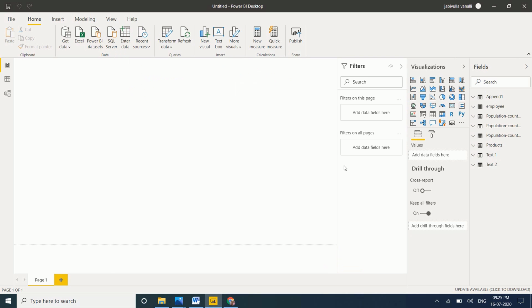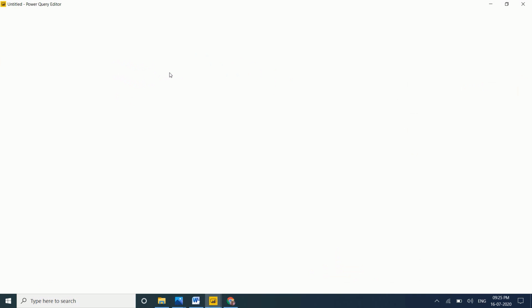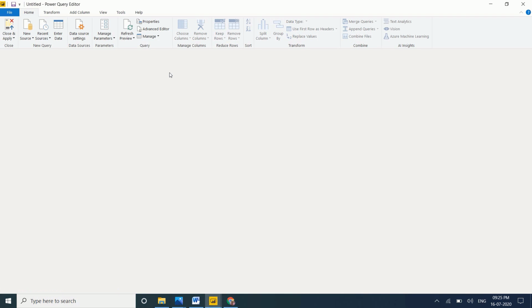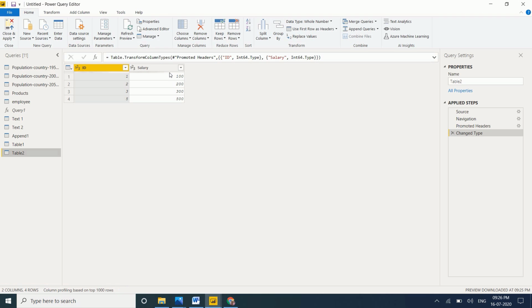Directly it will load data into Power BI Desktop and open Power Query Editor. Now merge queries is nothing but joins in SQL. If you observe, in table 1 ID is there, and in table 2 IDs are there. The IDs are matching in both tables, so joins are possible now.